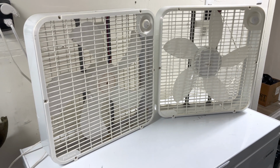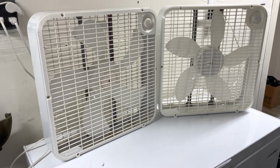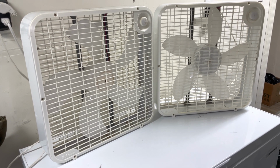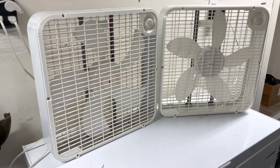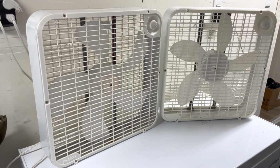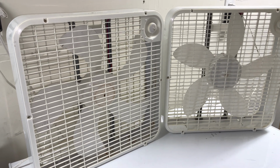All right, hey guys, I'm back again with another fan comparison. This time it's with both Holmes box fans from 2000 to 2001, I believe. So let's get started. The one on the left